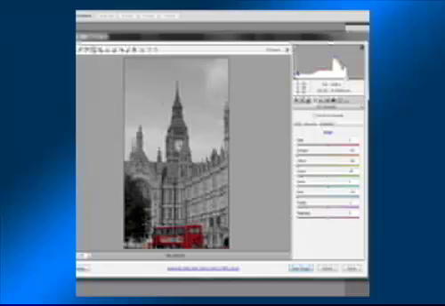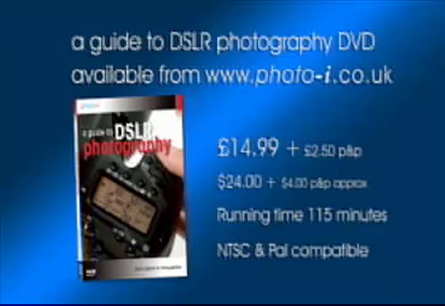But now I also want to increase the blueness of the sky, or give myself a little bit of a deeper tone. So we'll go